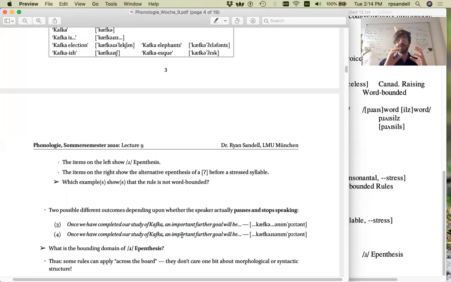So there is definitely a difference in syntactic structure, but in fluent, fast-running speech, a speaker of this dialect of English would say something like, here at this syntactic boundary,